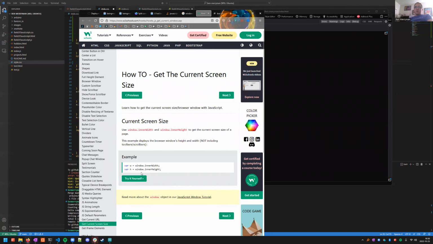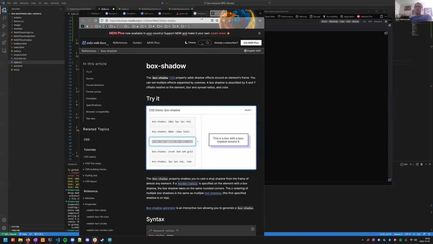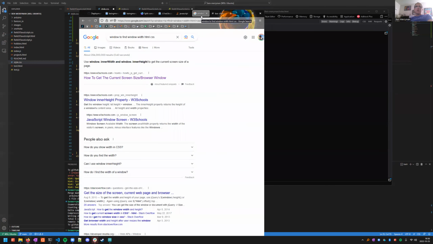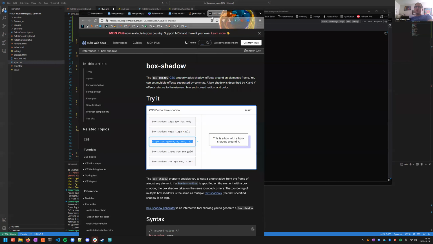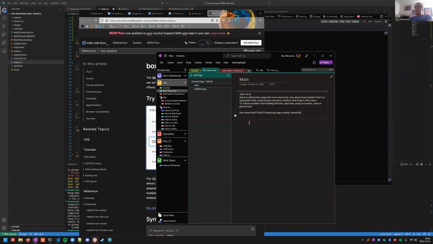That we figured out. Window height, window width, that's going to be good in the future. Okay, how to get the current screen size browser window. Yep, knew that one. JavaScript, this is a fun thing that maybe we could turn into a little toolkit. I'm actually going to make a note of that here. Okay. Build another toolkit